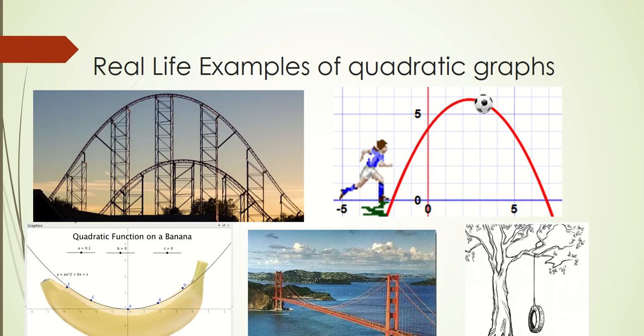Now quadratic graphs are all around us. You can see them while making a bridge or a swing, like rides, and even in a banana. The swing which is made on a tree makes a happy face because it goes like this. And when a footballer kicks the football, it makes the sad face reaching the highest point. All these things are important parts of quadratic graph.